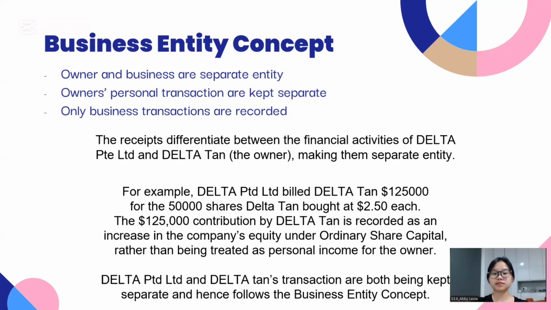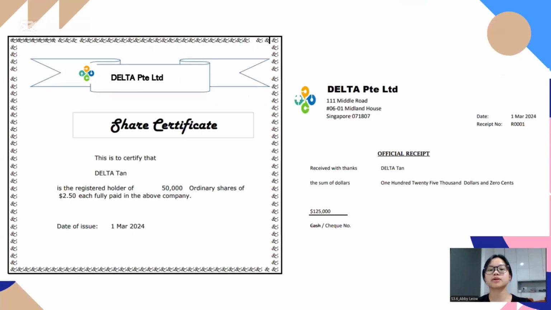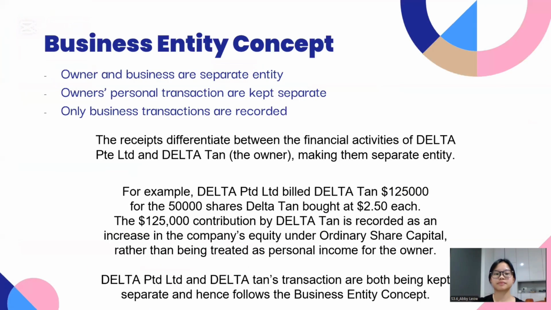So where are these receipts? The receipts can be found here. On the left-hand side is the share certificate that Delta Private Limited has given to Delta Tan, which states that Delta Tan now has 50,000 ordinary shares. And on the right side is the receipt that Delta Tan has to pay, which is about $125,000 for the ordinary shares. So now Delta Private Limited has billed Delta Tan $125,000 for the 50,000 shares that Delta bought at